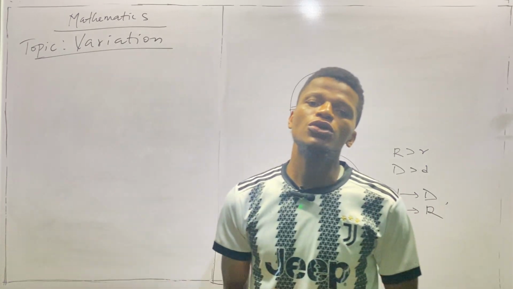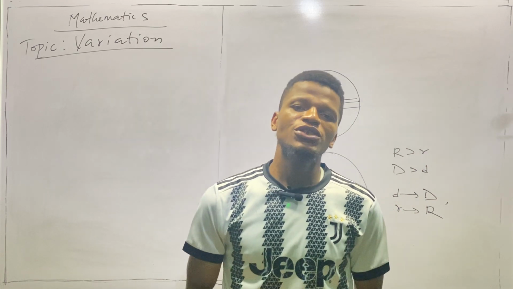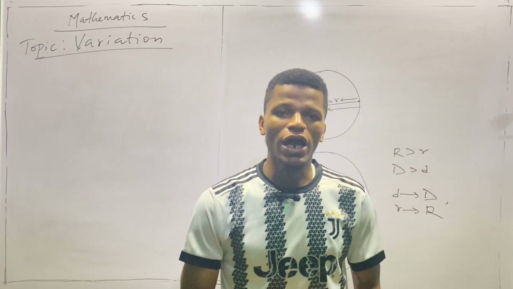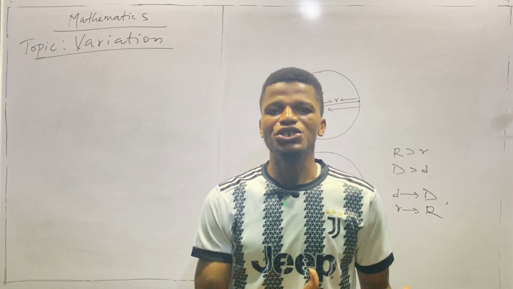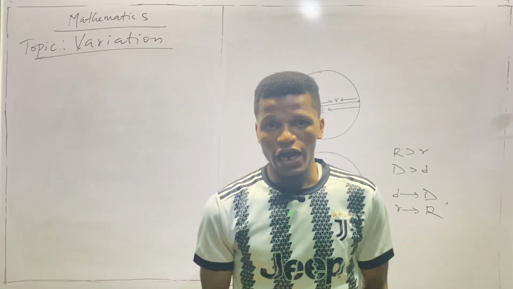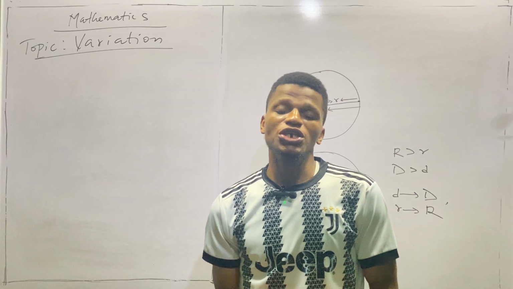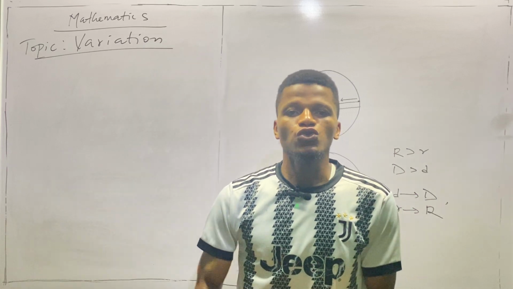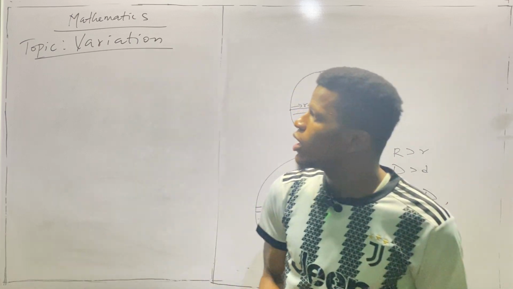So variation in mathematics is defined as a relationship between quantities whereby a change in one quantity leads to the change of the other. Or it is defined as a situation of change of one quantity due to change of another quantity. All right? So now we'll be talking about the